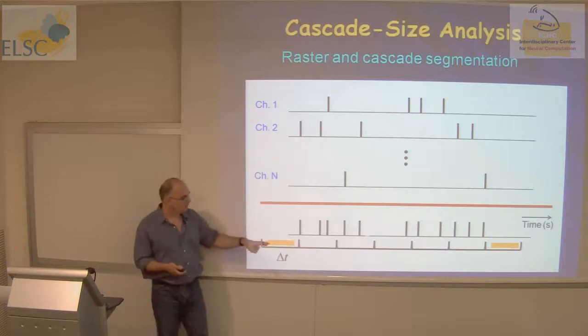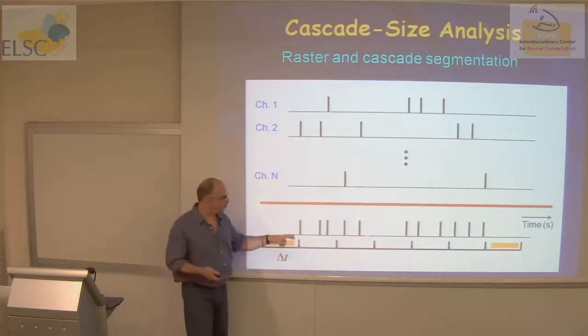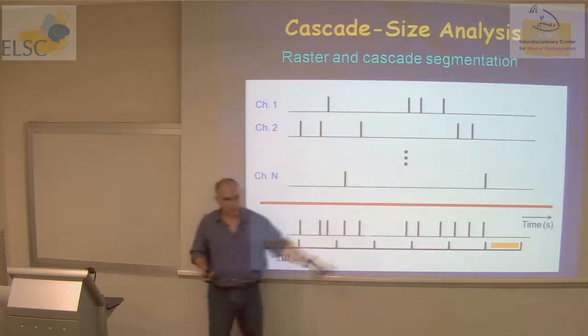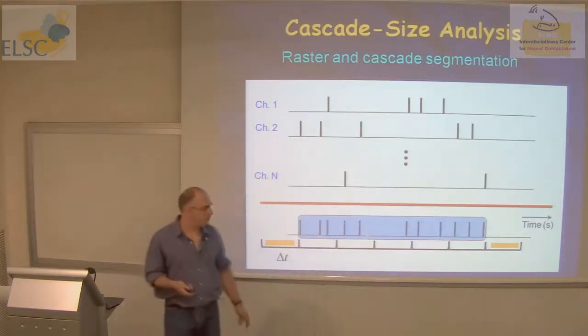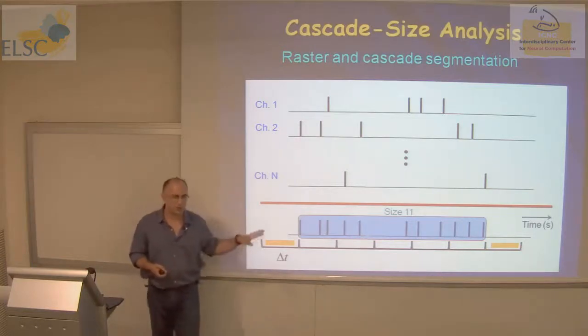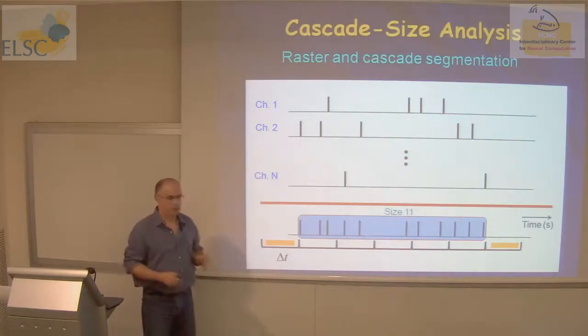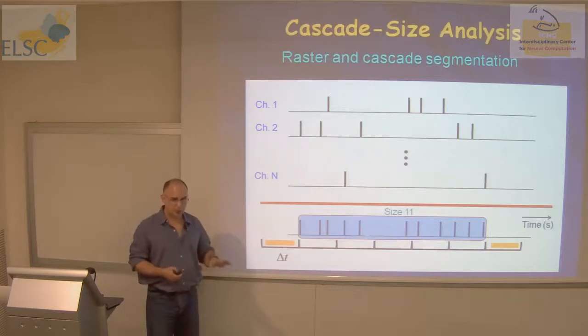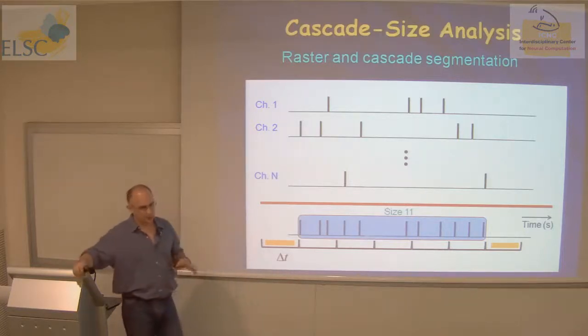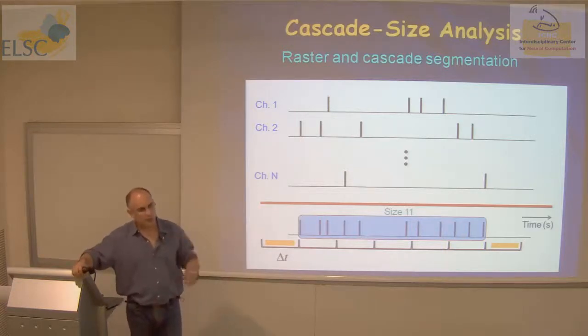If I choose a slightly larger delta t, then those two cascades will be concatenated because there is no silent period between them. So you get one cascade of size 11, right? So an important question later would be, how do I choose my delta t? But for the moment, let us start with one delta t, which I will try to convince you later is the best. I will show you some results with one delta t, which is 2 times the minimal resolution, just 3.3 milliseconds.